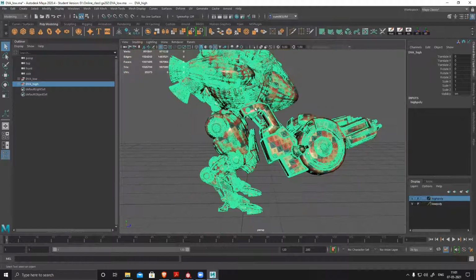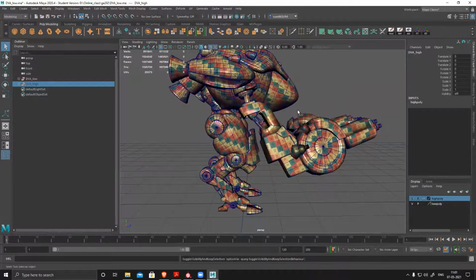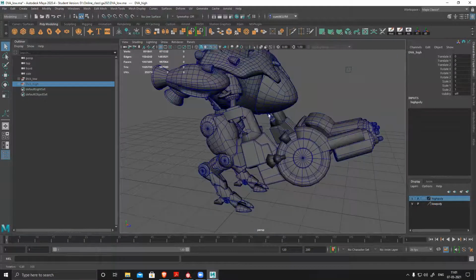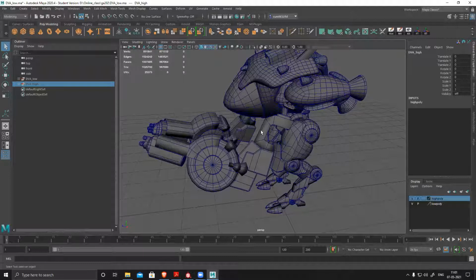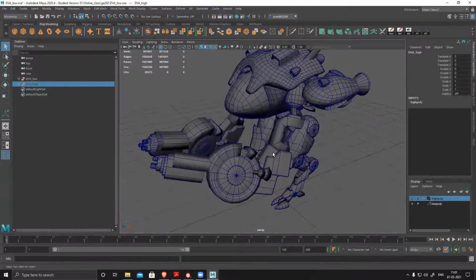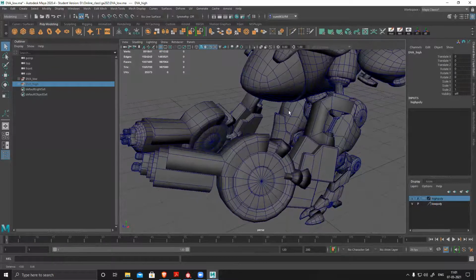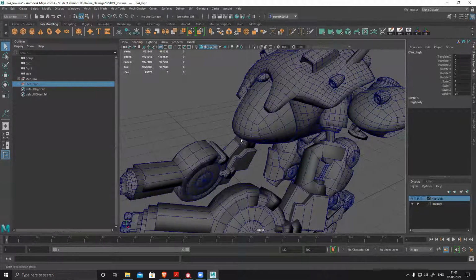Yes. This is the high poly, so I'm going to hide this and switch on this one. So you can see, this is low poly. You can see it's extremely low poly, no supporting loops, nothing. This is circular in shape, so that's why I kept many loops. This is more of a rounded shape, so I kept more loops.